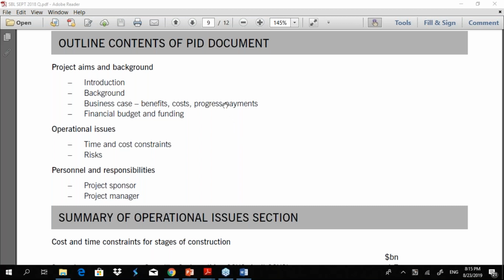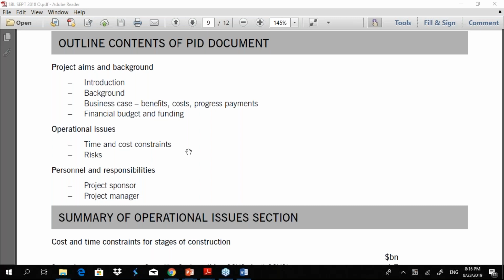Then another factor that you can talk about is project HR, the team that will be involved in the project. So he has spoken about project sponsor and manager. So what about the project board, which will oversee, and also maybe a project risk committee, because this is a unique project for them.